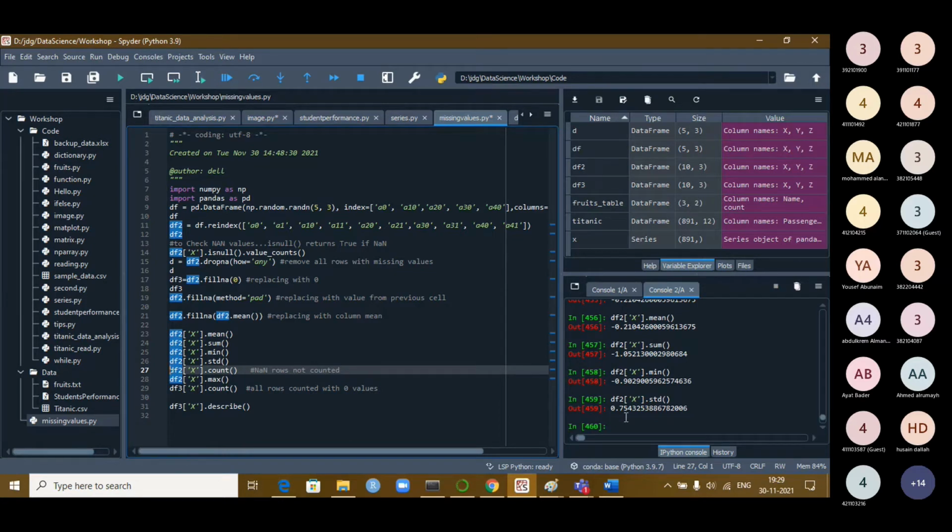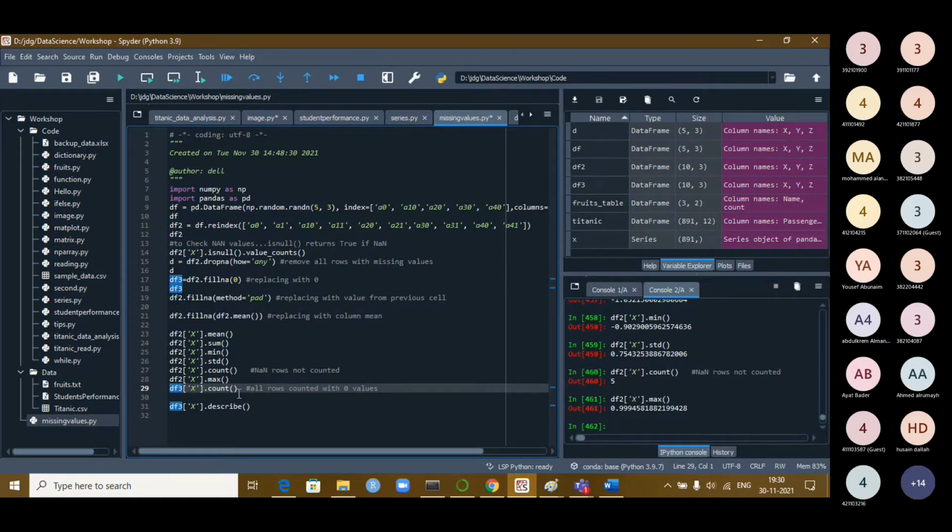You can see here. Then you have count, how many rows you have. You see how many rows it is showing? Only 5. That means NaNs are not counted. But when you go to DF3, because I filled DF3 with zeros, DF3 will have all the 10 rows. Next let us find the maximum value here. You can see this is the maximum value within the column.